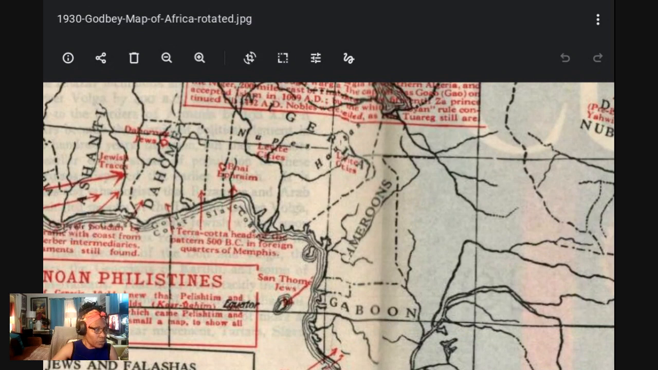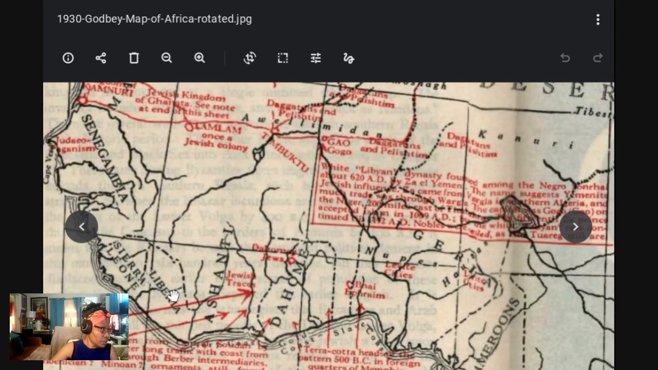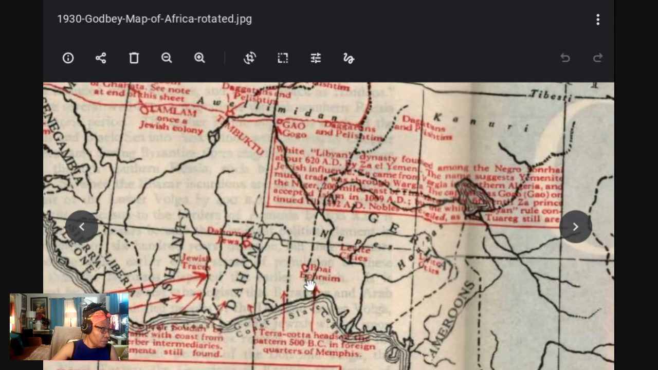This is West Africa. Nigeria, Togo, Ghana, Ivory Coast, Senegal, Mauritania, Niger, Cameroon. Exact same places here. Sierra Leone, Liberia, Senegal, Ashanti, Ephraim, Levite, Cameroon, Nigeria, West Africa. Then, from there,